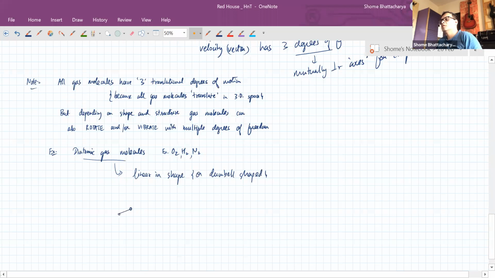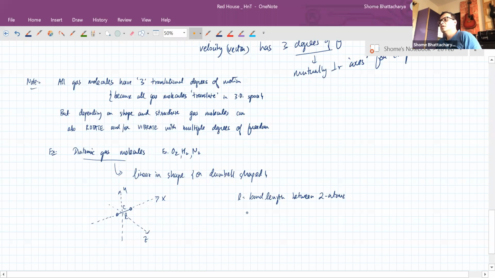So imagine just 2 atoms joined together by a bond. L is the bond length. If we take the axis of the molecule as our x-axis, the axis along which the bond length exists, and the 2 other mutually perpendicular axes passing through the center of mass as the y and the z axis,